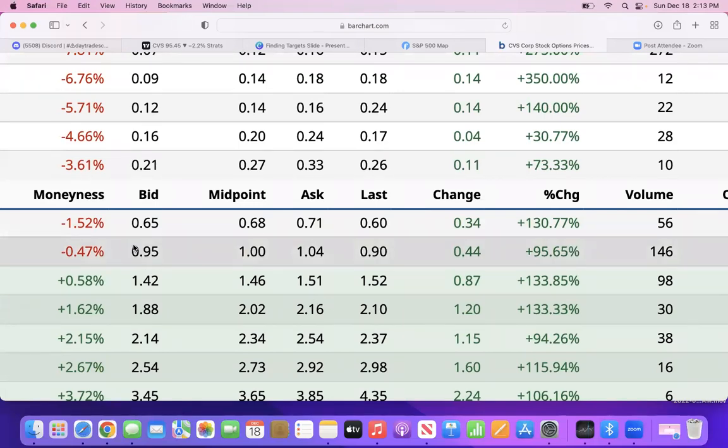All right. Because if you get filled at the midpoint at 1.00, you're going to be down 5 cents already. I'm just telling you that now. If you get filled at the mid, you're going to be down 5 cents. Now, that might not be a lot if you're playing with small size, but when you start to play with a big size and buy 10 to 20 contracts at a time,